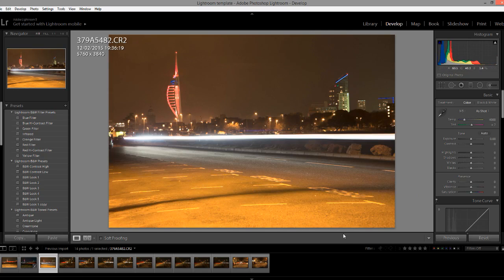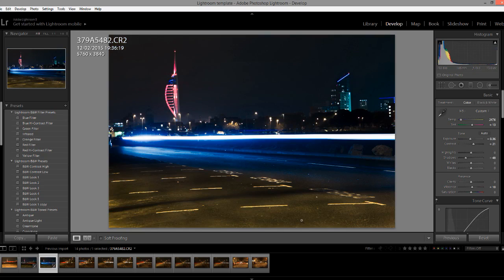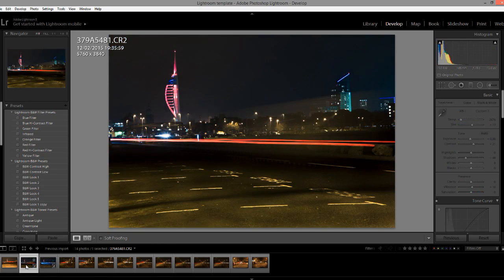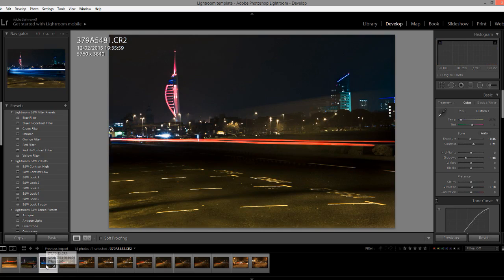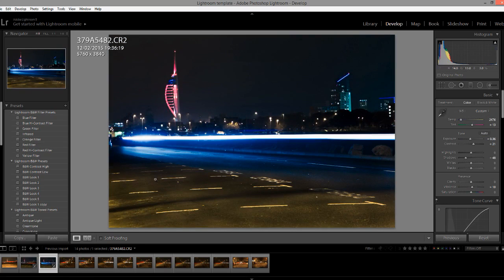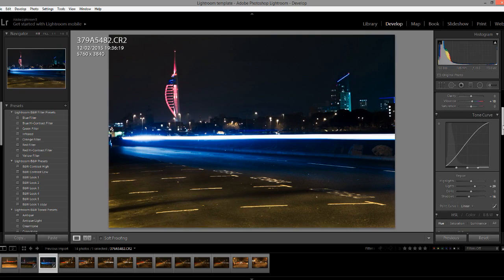Now with Lightroom, all you need to do is click Previous, and that makes the same changes that you made to that one. So exactly the same changes. Now what it has actually done, it's made this far too bright, and that will be because of the tone curve. So all I will do is just reduce the light area down